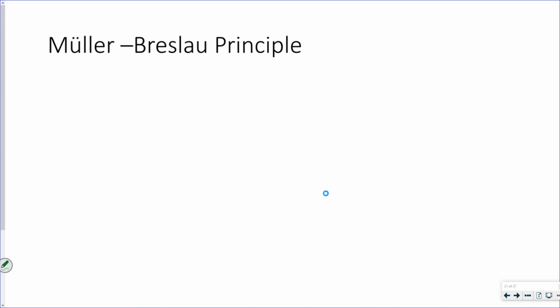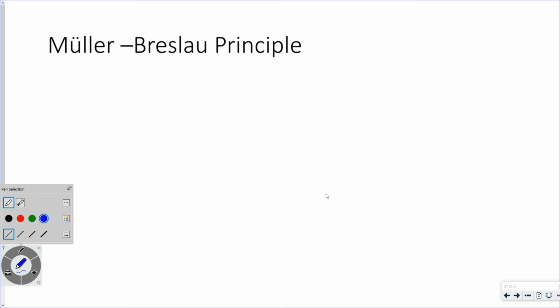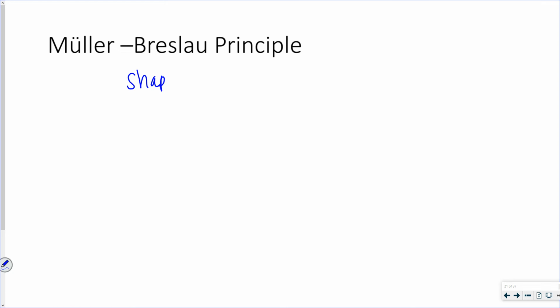Now let's talk about something called the Muller-Breslau principle, and it is a way to qualitatively draw an influence line. You're still going to have to do a little bit of math to figure out the numbers, but it is a qualitative way of figuring out the shape of an influence line. So, the Muller-Breslau, I am not fluent in German, so I hope I said that correctly. Muller-Breslau principle states that the shape of the influence line